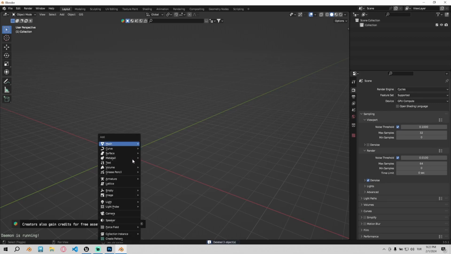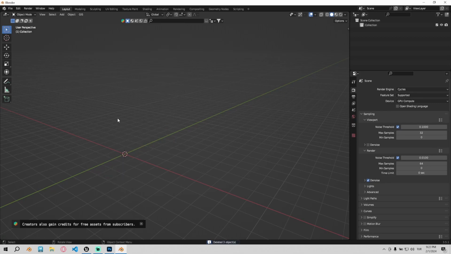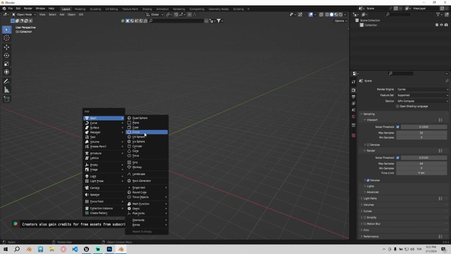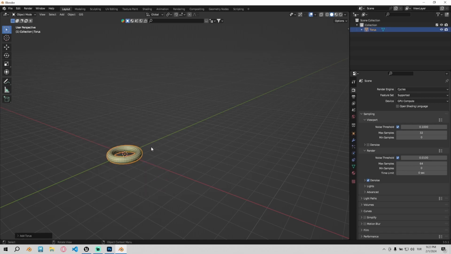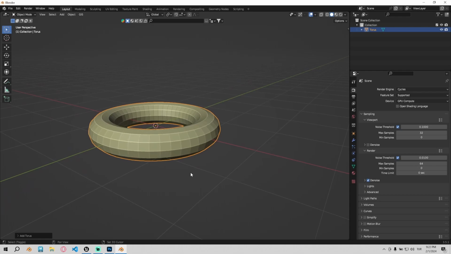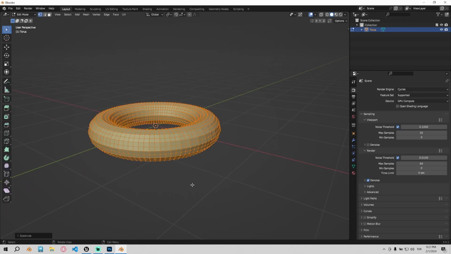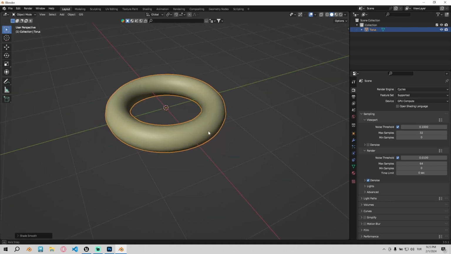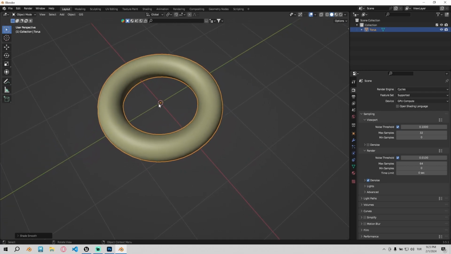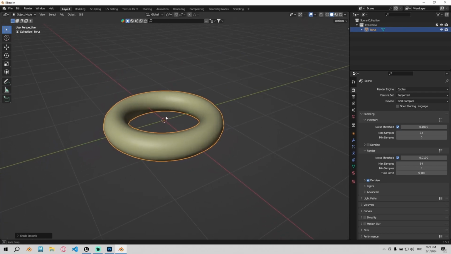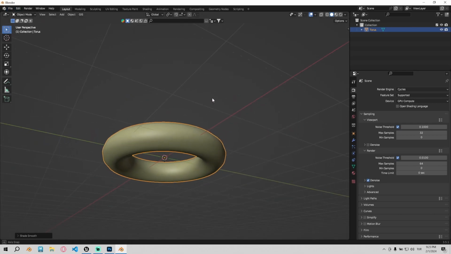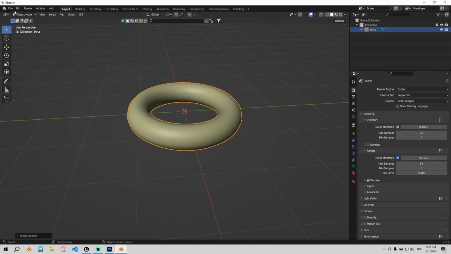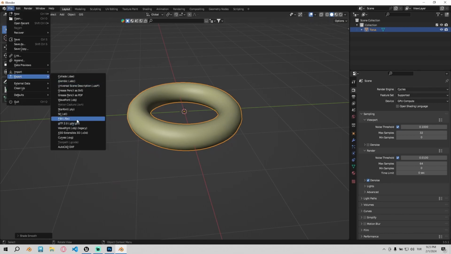Okay, we just need a torus like this. You guys can just shade smooth or add a subdivision, it's up to you. I'm going to add a subdivision. The pivot has to be in the middle, otherwise it doesn't work. So we are golden. Yeah, now we have to export as an FBX,